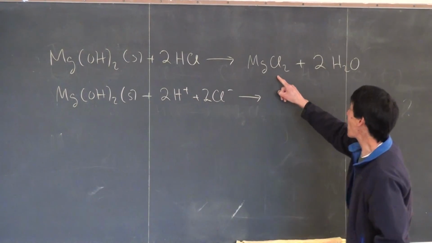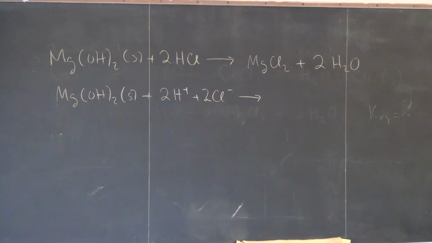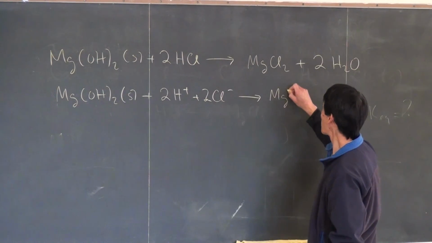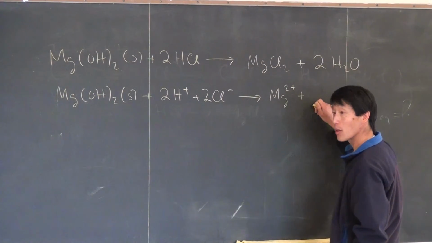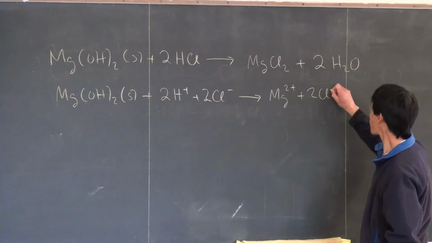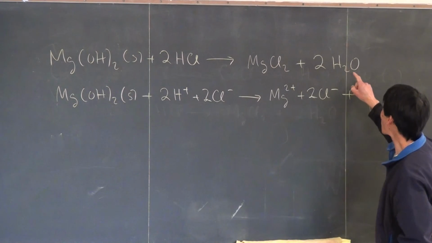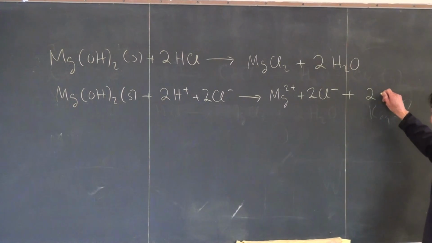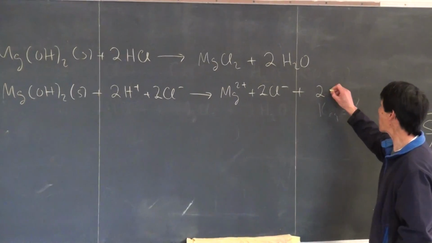Do we want to break up MgCl2 into ions? Yes. And what ions do we break it up into? Mg2 plus and 2Cl minus. And we don't want to break up water into ions. Why not? Because this is either a weak acid or a weak base. So we'll just keep it as